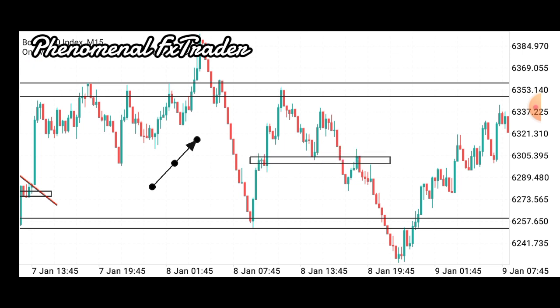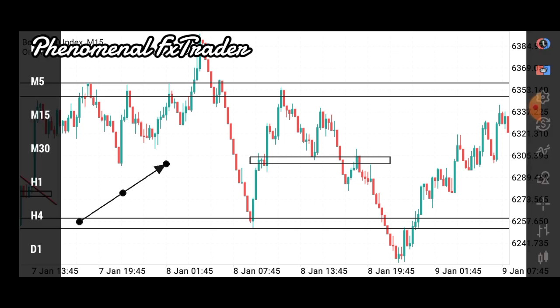Then my stop loss was somewhere around this place. So I entered the trade. My target was this support zone here. That was my target. And also why I really entered the trade, I had that conviction the market was going